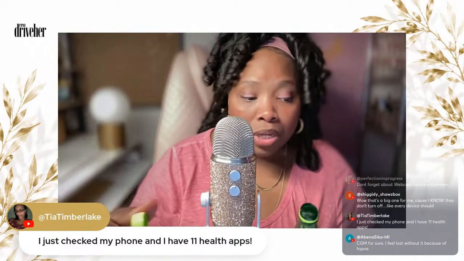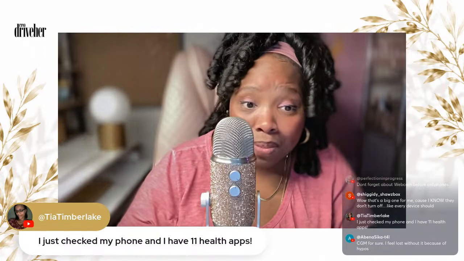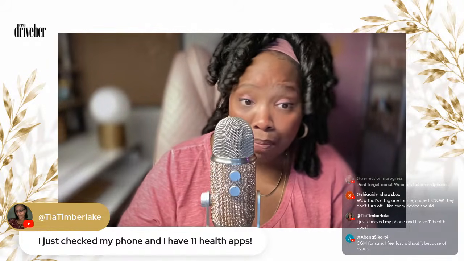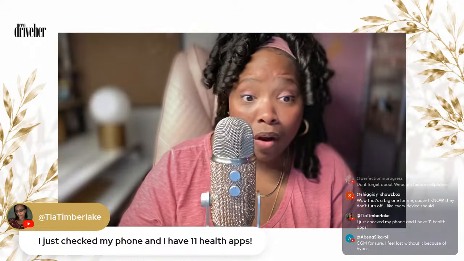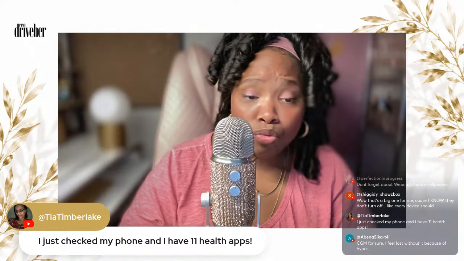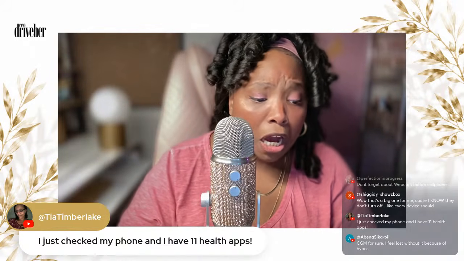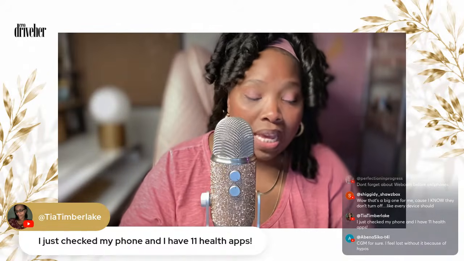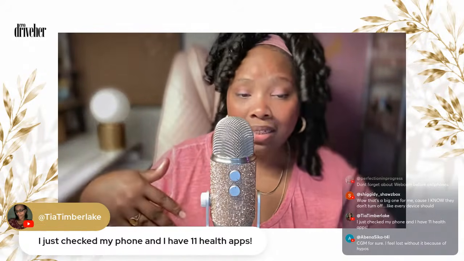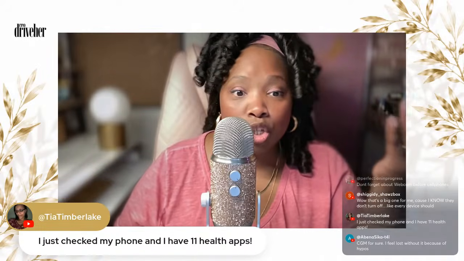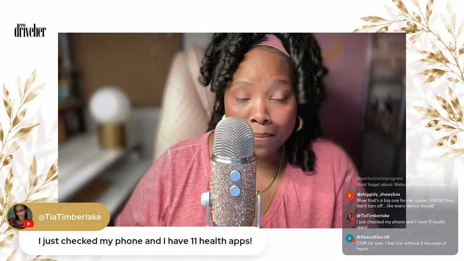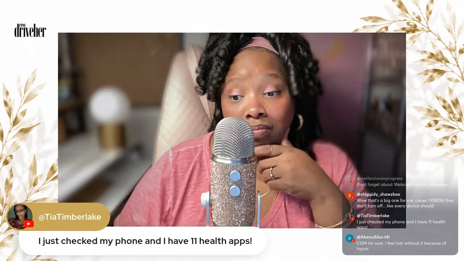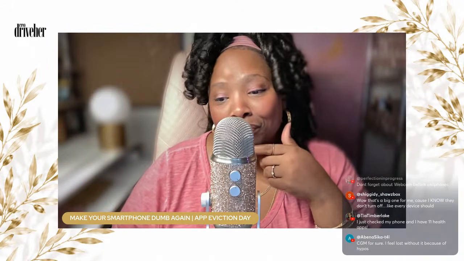Mind you, some of these apps may be tracking your steps. It may be tracking your sleep. They got apps that track how many times you fart in the night, how many times you roll over. It knows those things. If you talk in your dream, if you have nightmares, it's recording a lot of data. I know it sounds dystopian, but it's true. So you definitely need to run an audit on those apps. But thanks for sharing that, girl.